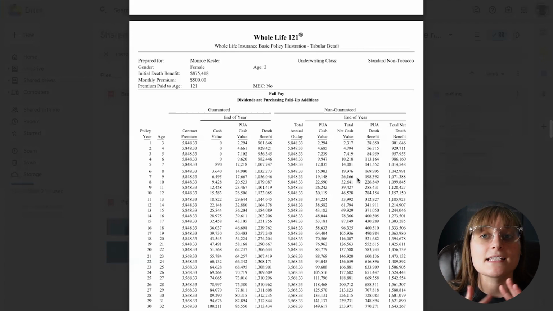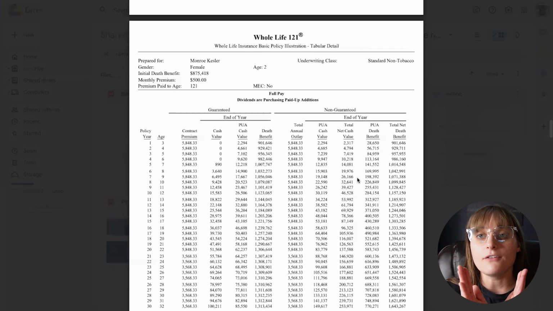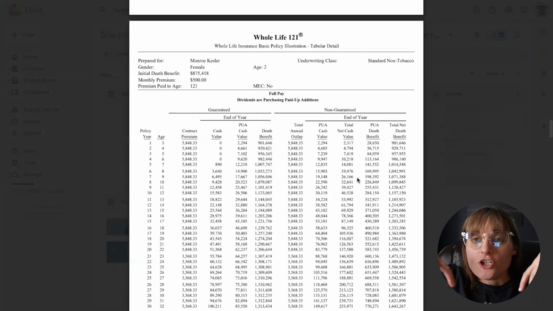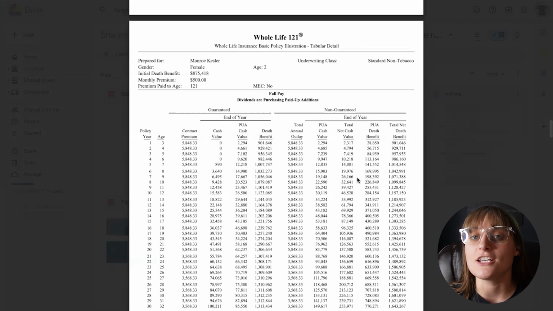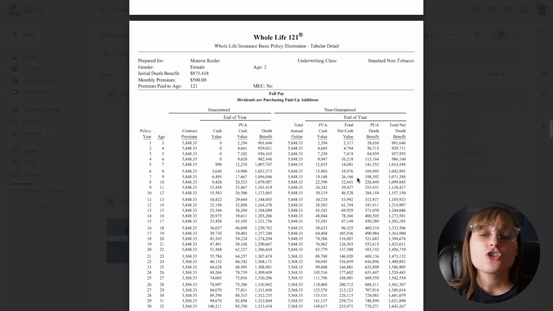Because reminder, that's kind of how I like to describe the engineering behind the policy: think of the policy as nothing more than a rocket ship. You got the base of your rocket, that's the base premium. Then you got these two booster rockets attached onto the side. Those are the paid up edition riders. And the purpose of them is that's what gets our rocket ship out of the sky and out of the atmosphere. So in the early years of the policy, this is where that cash value is coming from.